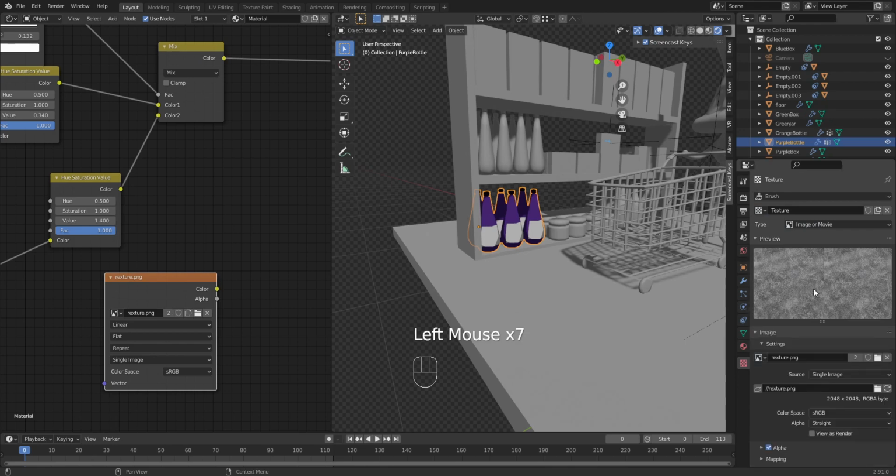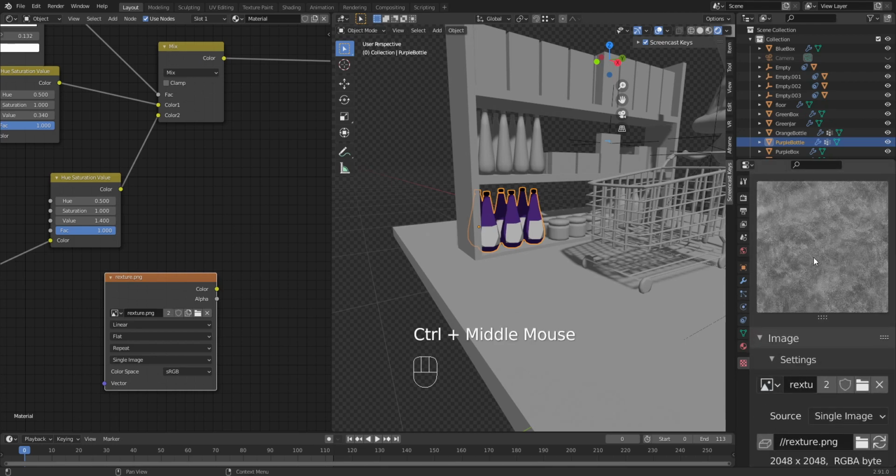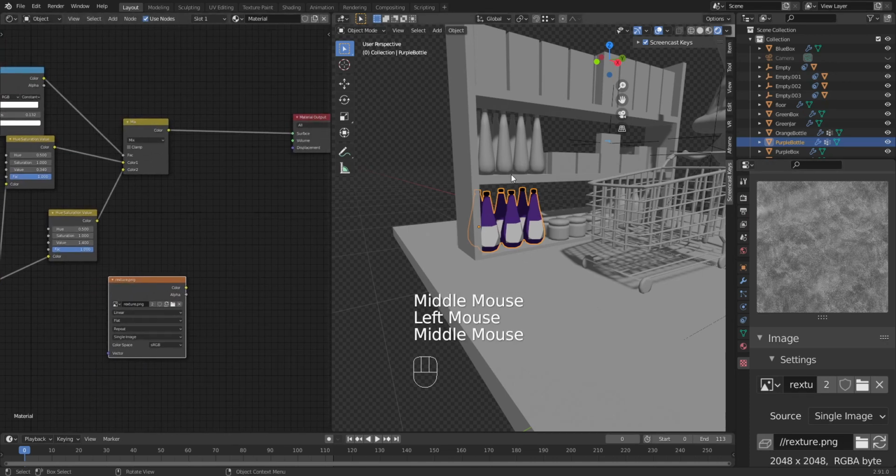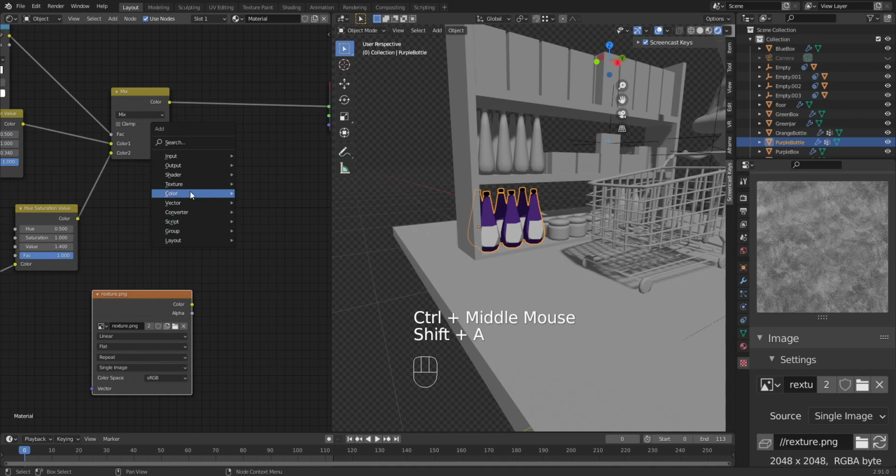So if you see, it's just basically noise, right? Or like paint strokes kind of noise here. So I'm going to use that again on top of all of my colors. So I'm just going to add here another color